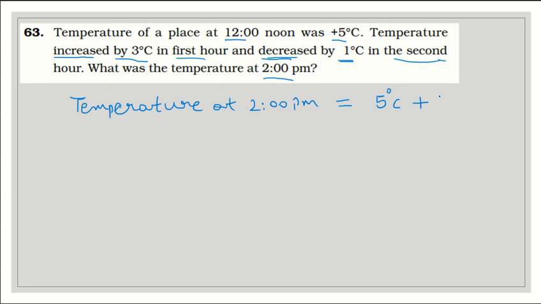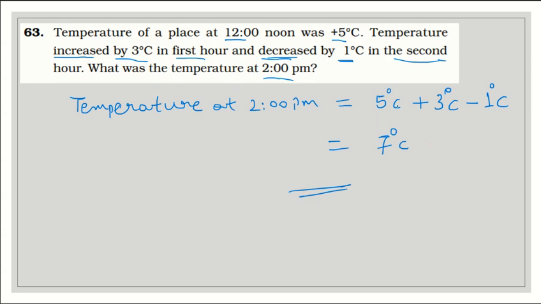To that, increase means we will add in the next hour, and in the next hour decrease means we will subtract 1 degree Celsius. Now I am simplifying. 5 plus 3 is 8, 8 minus 1 is 7,